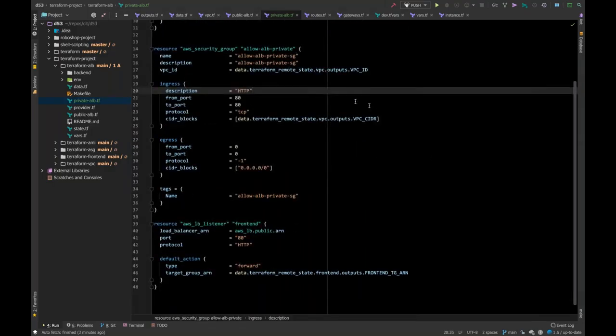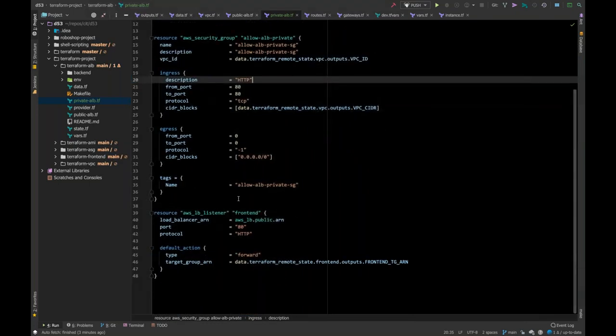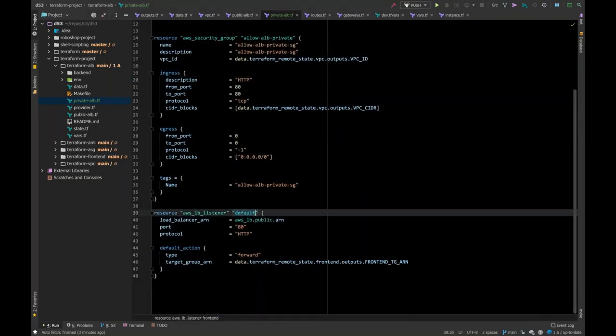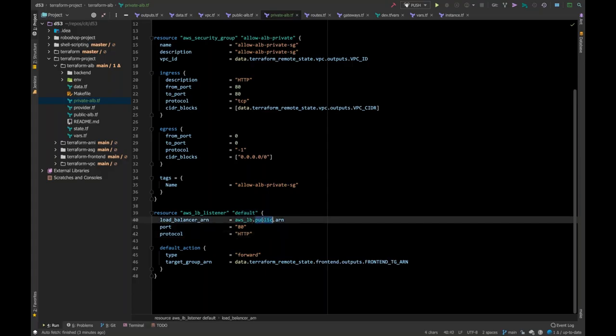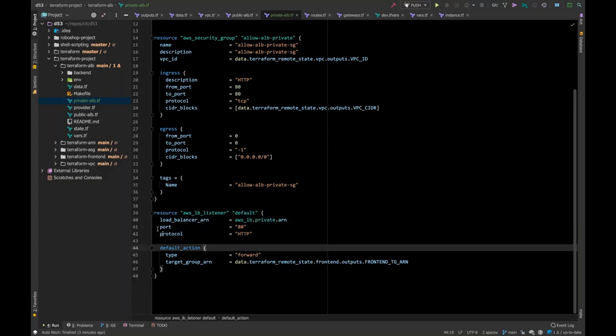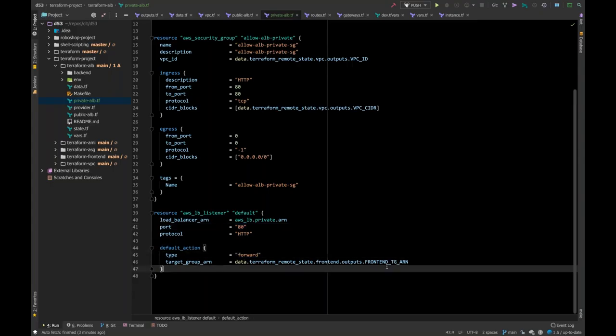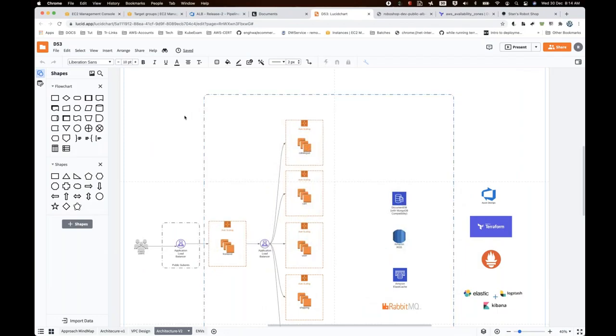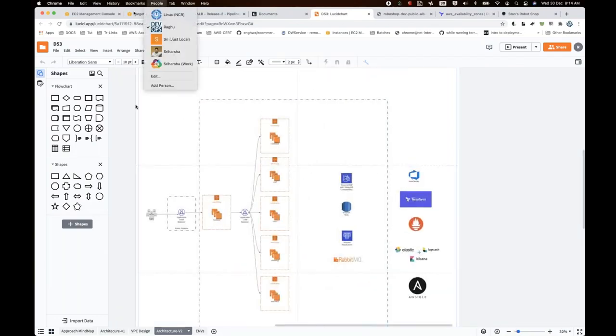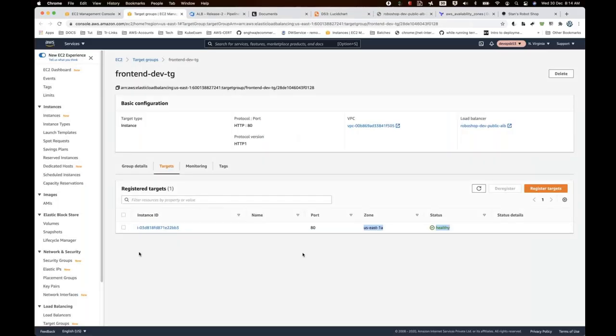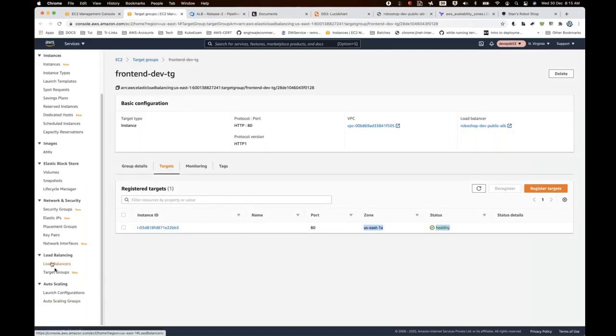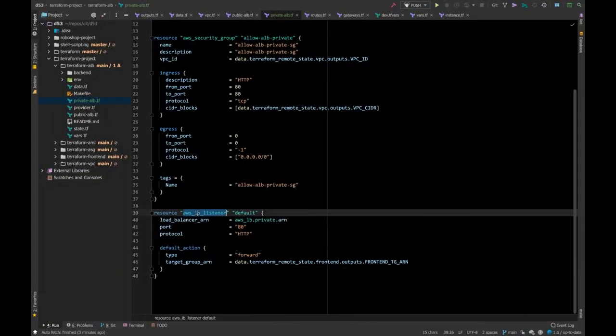Okay, this much. And then when it comes to the listeners, I will say there's a default listener, I'll make it. This is private, and I want to put HTTP, and for the default action, I don't want to forward it to any target group. For the default message, I want to give something like okay, because I already showed you. We are going to write some rules inside this particular load balancer. A lot of rules we're going to make. If I make one rule, it has to go to one service. If I make another rule, it has to go to another service. How do I make the rules? We'll take a look. But until then,